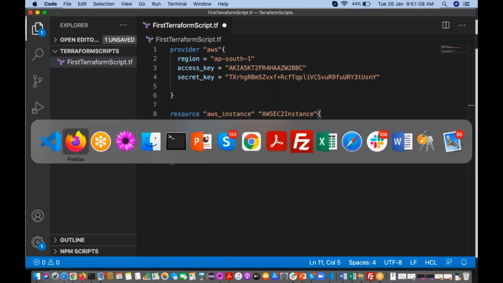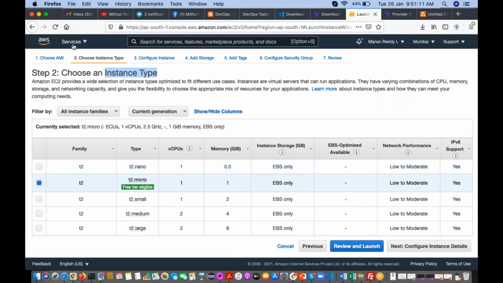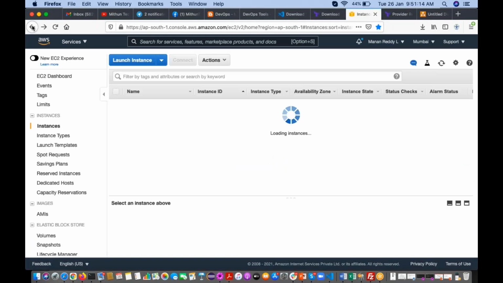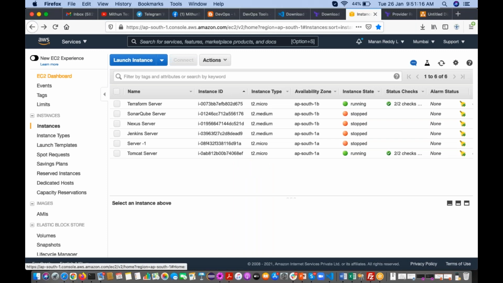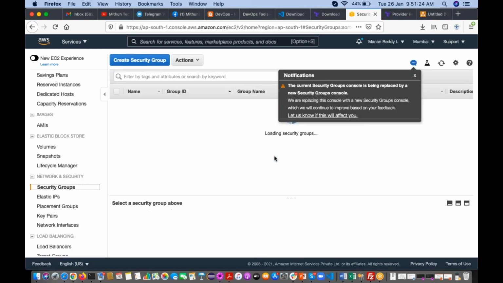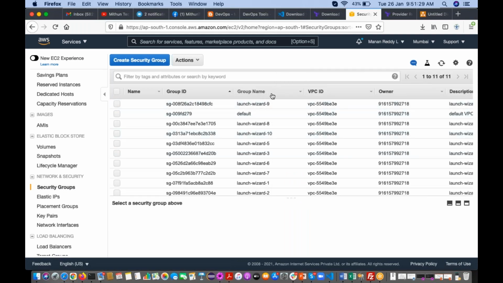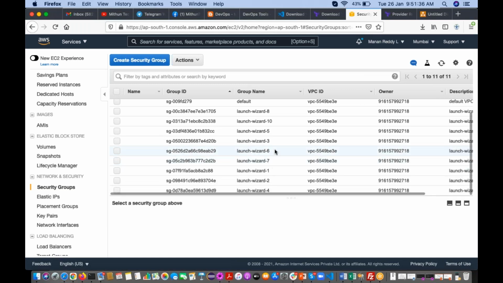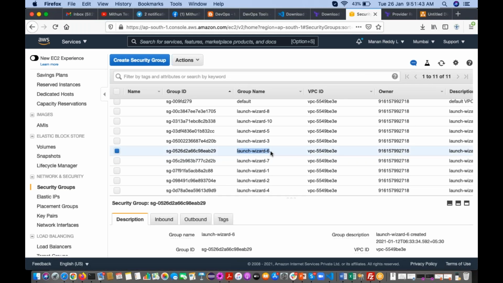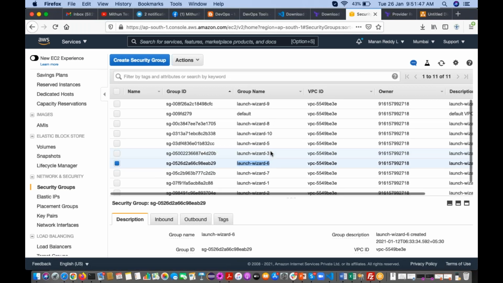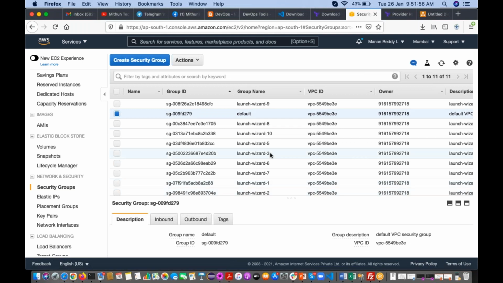Some existing security groups are already there. If you go to the AWS EC2 dashboard and click on security groups, see here, many security groups are there, with group ID and group name. Whatever security group you want, you can use. Suppose I want to use this one, launch-wizard-6. Already some existing security groups are there. If you want, you can use the default one also. So I'm going to use launch-wizard-3.